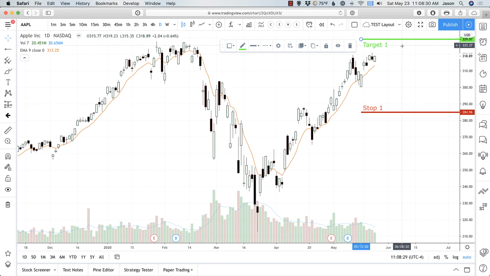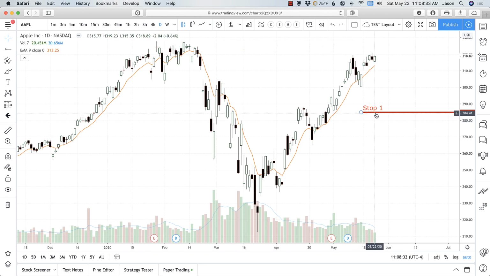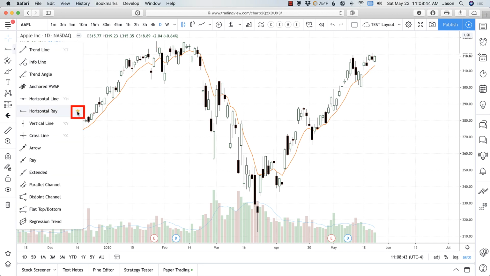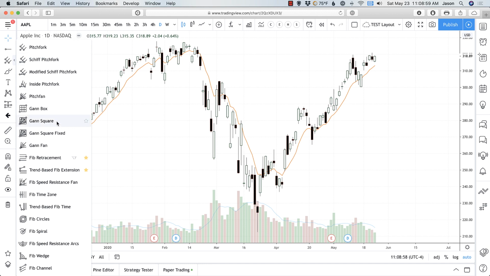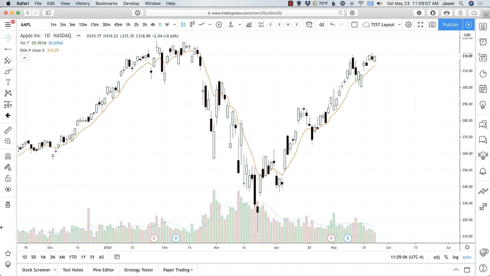So if I'm in here and I don't want to have to, let me get rid of these lines. Okay. If I want to have my own favorites bar of just tools that I want to have quick access to, you see right here, I've got a star beside horizontal line because I use that quite a bit. You can also put a star beside horizontal line. And I'm not going to get into this, it's getting into advanced stuff, but the fib retracements has a star beside it, and trend-based fib extension, okay? If you want to have these tools just be available to you whenever you want them, there's a